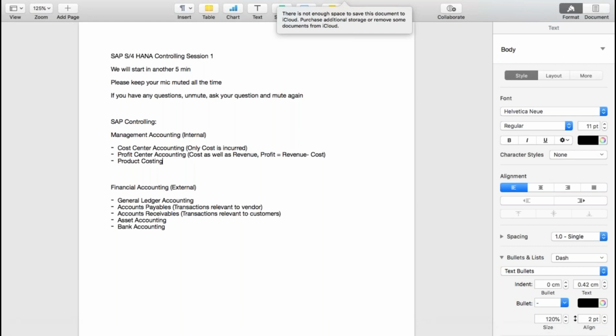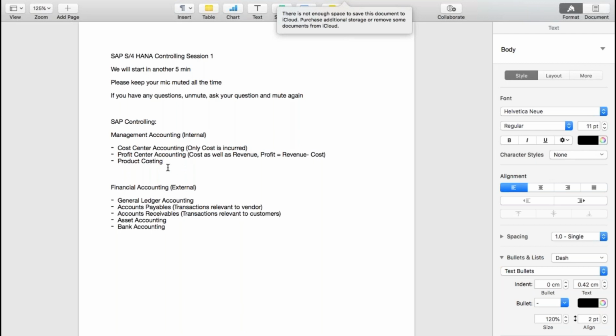If I don't know how much I'm going to incur on this particular course, then how can I tell you what the course fee is? I definitely need to understand first what my total cost is. And based on that, I will tell you, okay, my total cost is this much, add this much as profit, and this is the course fee, right? So I definitely need to know the cost. So product costing is nothing but identifying the cost of the product that you are going to manufacture.